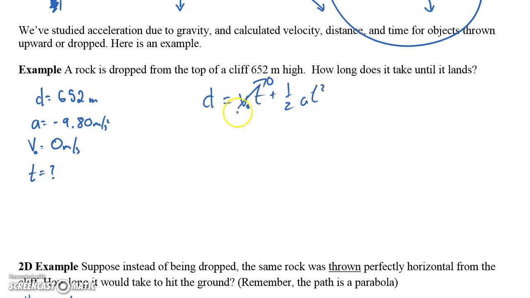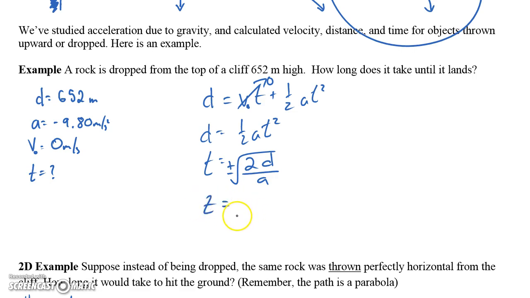This part goes to 0 because we're dropping it. Our initial velocity is 0. D equals 1/2 at squared. And now we have to isolate for time. And if you do this enough times, you'll be able to do it fairly quickly, just like this. And we take the plus or minus. We know for time the negative answer will never be a logical one, so we can ignore it from now on in our solution. So we have 2 times